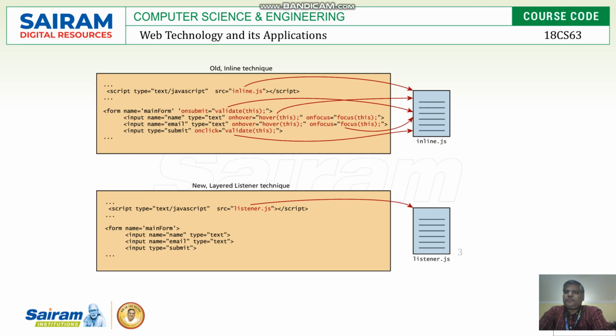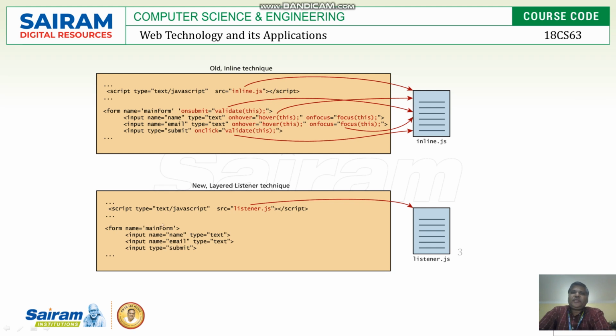On hover, what you have to do. Then onfocus: this is a text box. If I click here, the cursor is going to stay over there, and at that time what you should do is onfocus. Here the type is onhover, onfocus, okay. Onclick is one click of the mouse, so it goes to the next one. But in different environments, different things are going to happen. So on click, whatever you are going to do is written here. This is the old way of